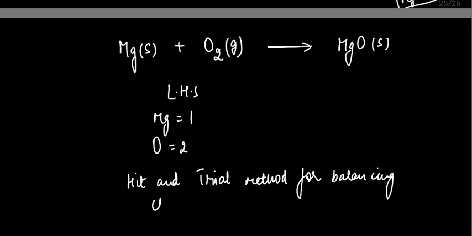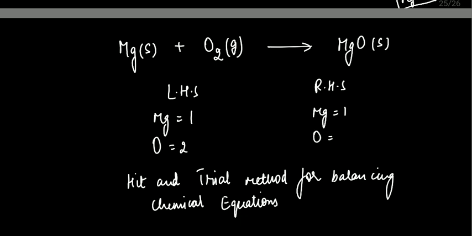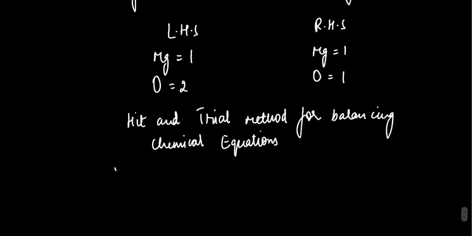For balancing chemical equations. So on the right hand side, we have magnesium 1 atom, oxygen is 1. So what can we do? In this hit and trial method, just remember this,